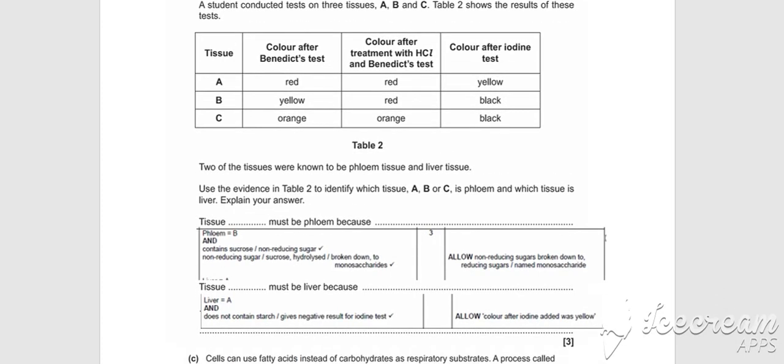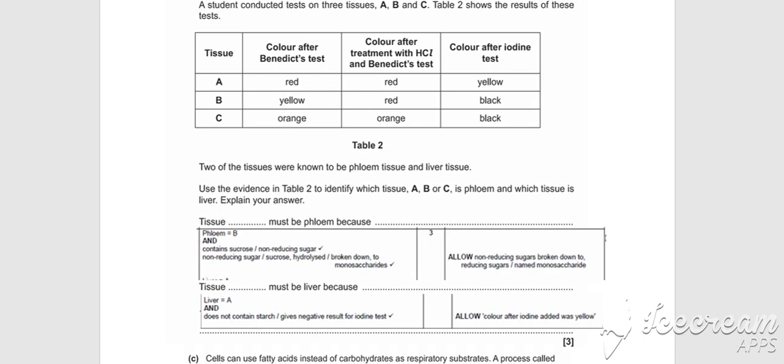So we would look for the phloem to be B, and we know it would be B because the phloem would contain sucrose or a non-reducing sugar. It would contain this because after photosynthesis the leaves are going to produce the sucrose. This will then be loaded into the phloem. It will be actively loaded to move from the source down to the sink, so that the leaves are producing the sucrose, but the sucrose is still being able to travel down to the roots where there is no photosynthesis